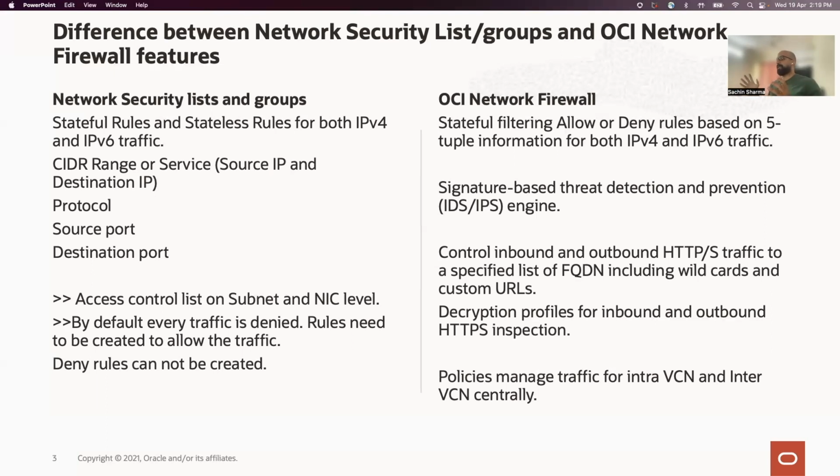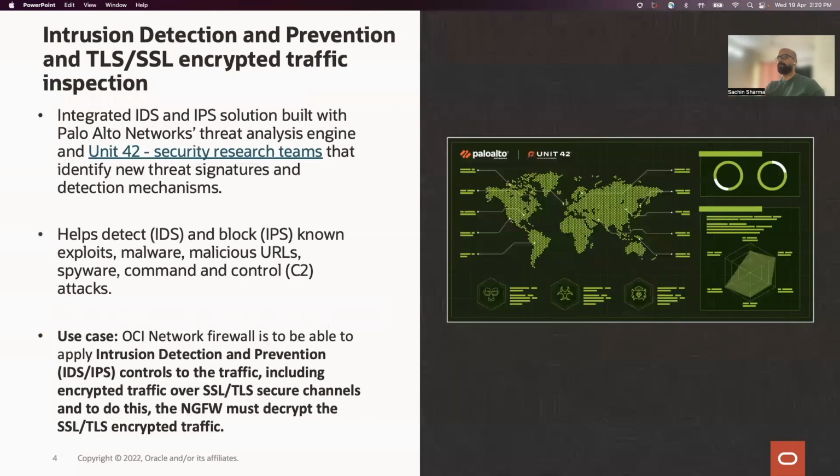It is a very high-end firewall, a next-generation firewall, which uses IDS, IPS, and decryption profiles for SSL inbound and proxy, which will decrypt your HTTPS traffic to analyze it and centrally manage all the traffic between your VCNs or within the VCNs. Now going to the next slide,